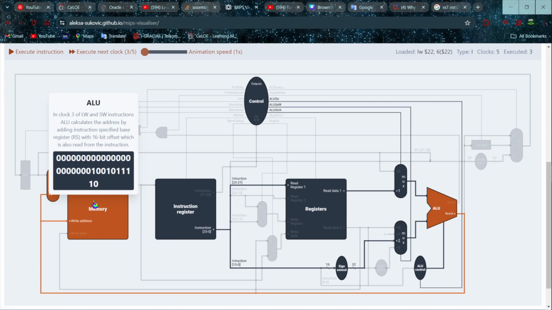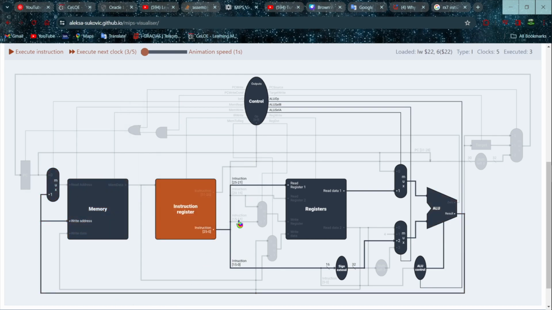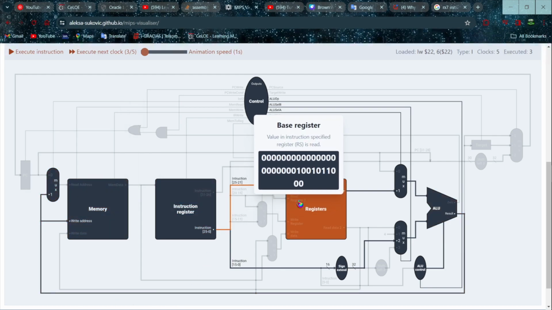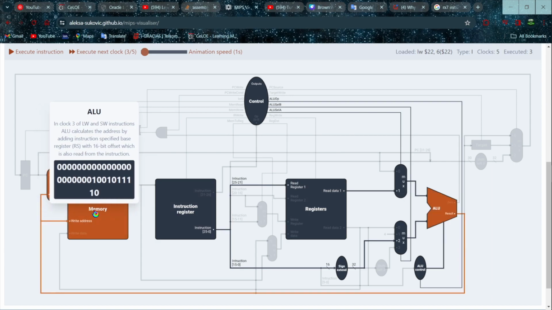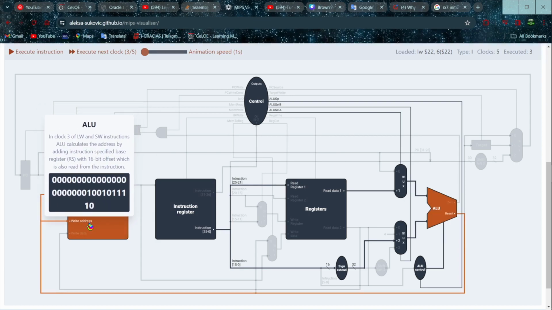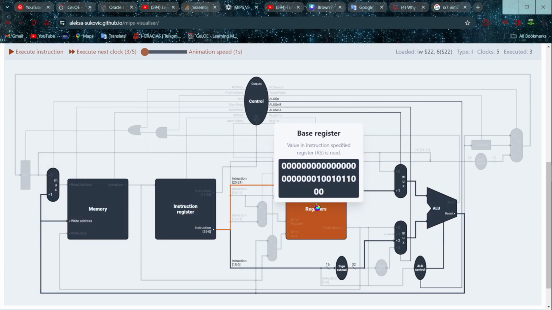Here we can see the explanation. In clock 3 of the load word and store word instruction, the ALU calculates the address by adding the base register specified in the instruction to the 16-bit offset, which is also read from the instruction. That means the instruction register reads the memory here to be written in the register's address.